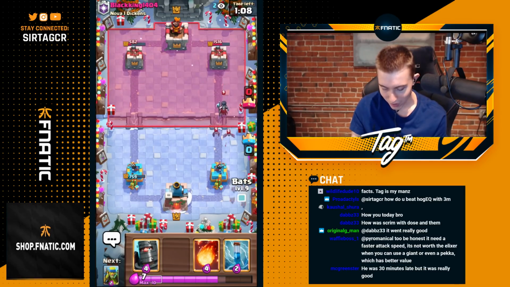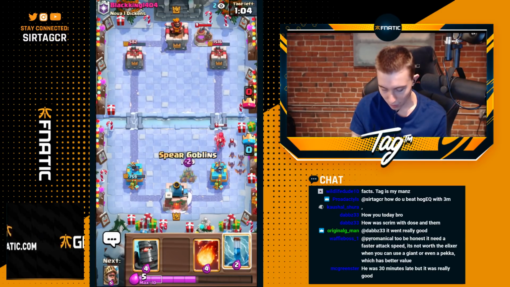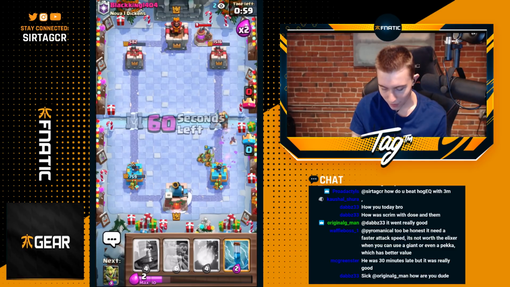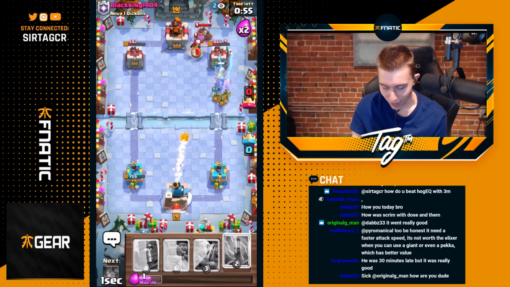Could also go in for Bats here as well. That's a pretty decent alternative. Okay, so I want to go in for Spear Goblins. I want to go in for, I would say, Prince in front of this. Because we have Bats, we have Spear Goblins, and we have a Prince coming at him. And I don't think he can defend this adequately. If we Fireball that Electro Wizard...